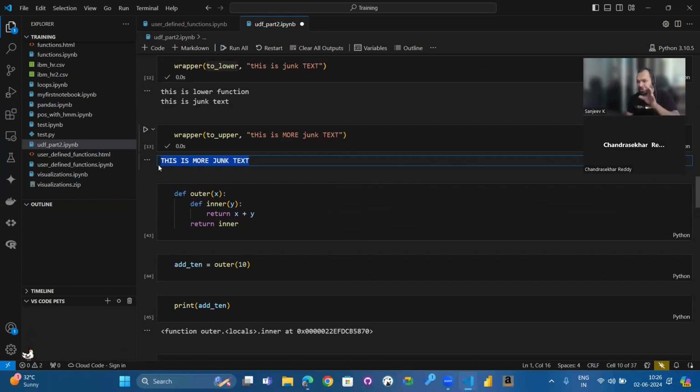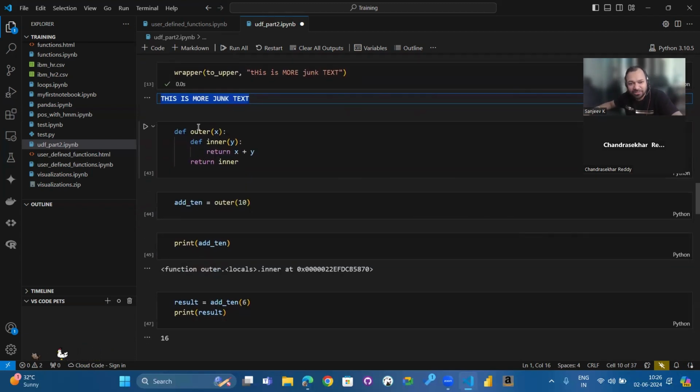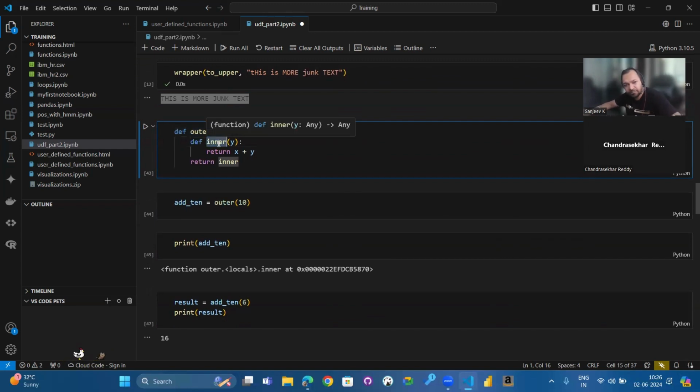So you can write a function to which we can pass a function as an argument. That is one way. Another way of writing a function is you can have one function, and within that function, you can have one more function. This is a completely different function, and it is not available outside. Just like how you cannot access variables outside the function, this function cannot be accessed outside this function.